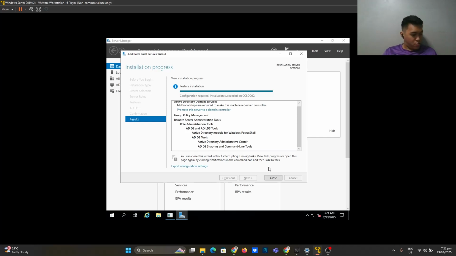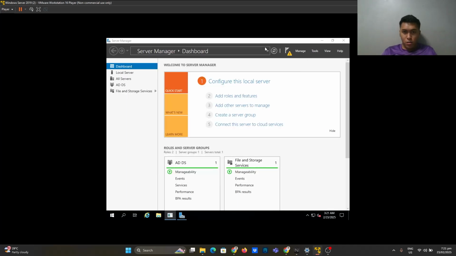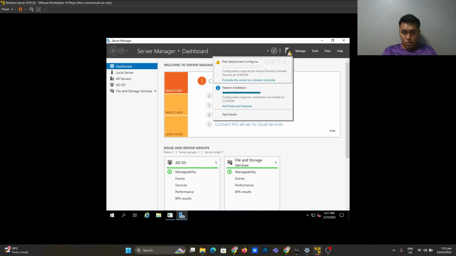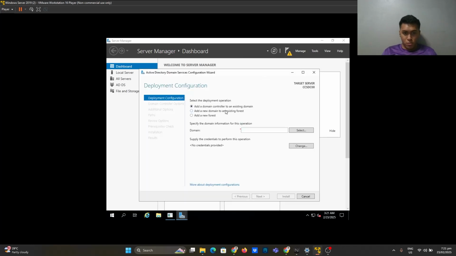So let's click those. Then go to this flag icon. This will notify you that we will promote this server to a domain controller. So add a domain controller.